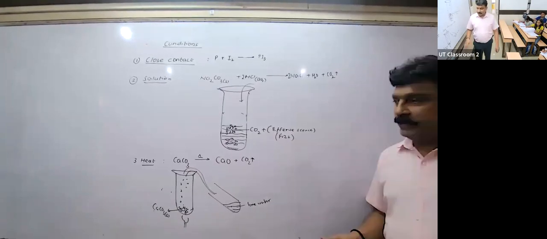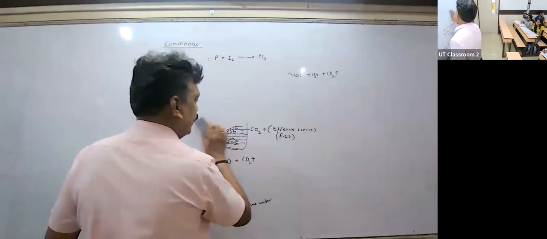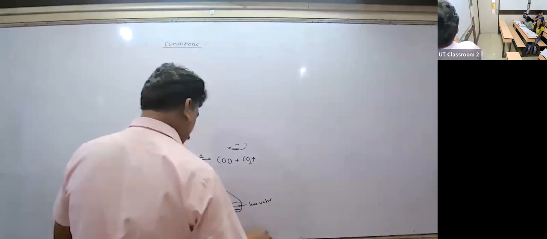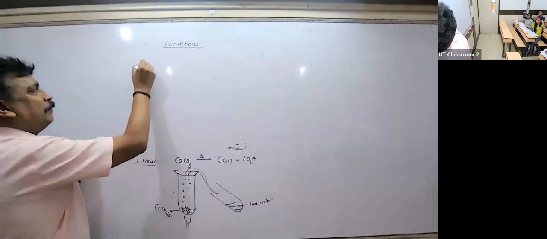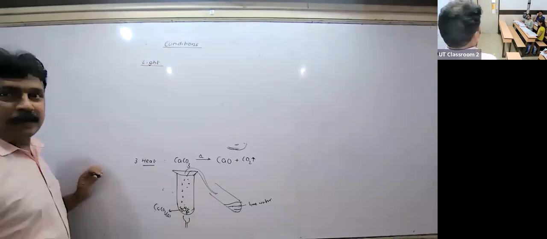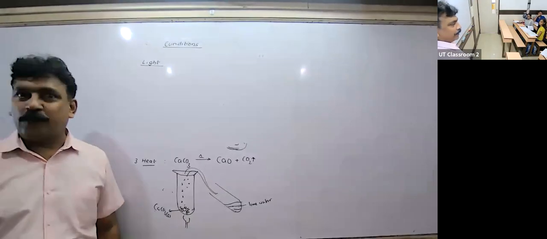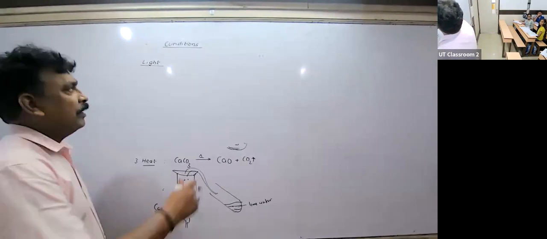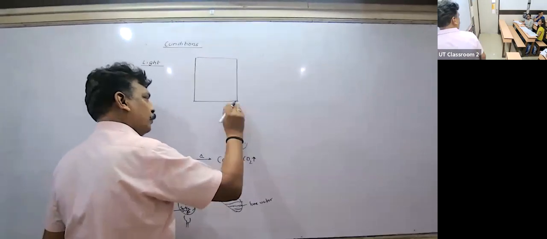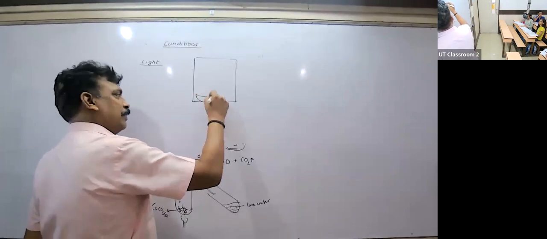Now, heat के बाद क्या चला? Light. Now there are certain reactions which take place in the presence of what? Light. Photosynthesis. Yes. Light के presence में, if you talk about photosynthesis, that means there are certain reactions which do not take place in the absence of light. Like our vision is also a photochemical reaction. Here, if you take for example, children, this is your window, your house, and here you have kept a kind of silver chloride,